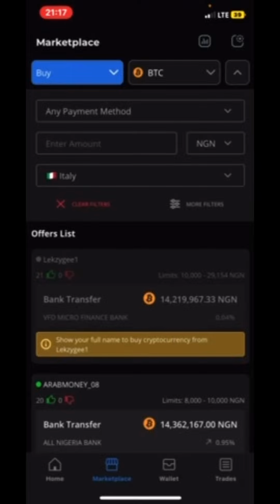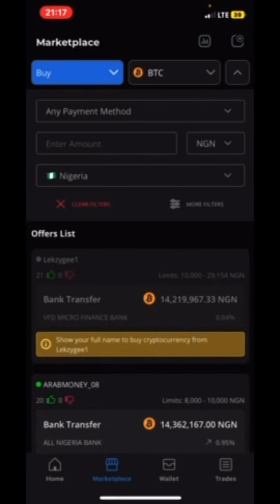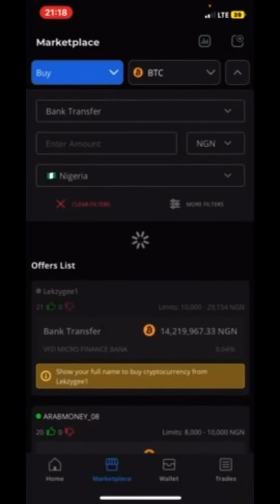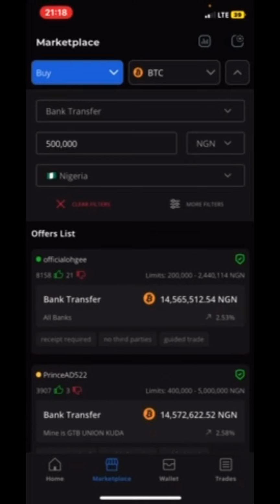Then press the country you want to select, the location. I'm going to select Nigeria since I'm buying with Naira. I'm going to select payment mode, how I want to make the payment. I'm going to select bank transfer. After selecting bank transfer, I'm going to put 500,000. So it's going to give us the people that want to sell their Bitcoin in this kind of